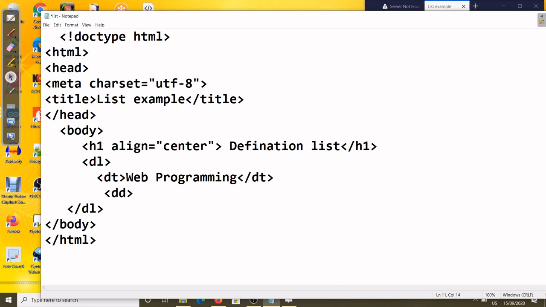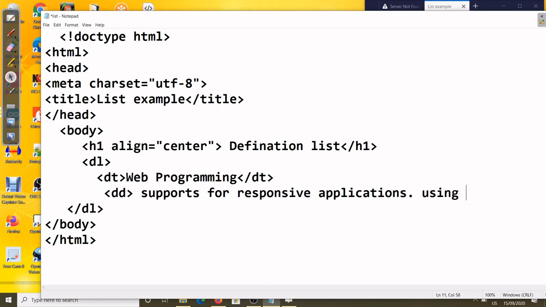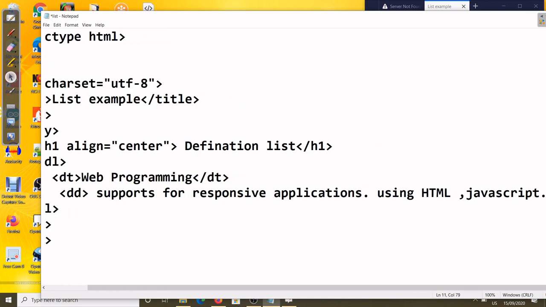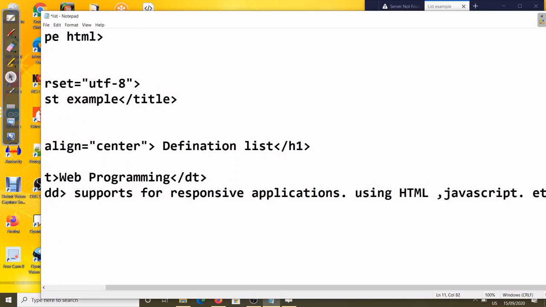Okay, so we can write here: supports responsive applications using HTML, JavaScript, etc. We can write CSS, so many things are there. Then close the DD.